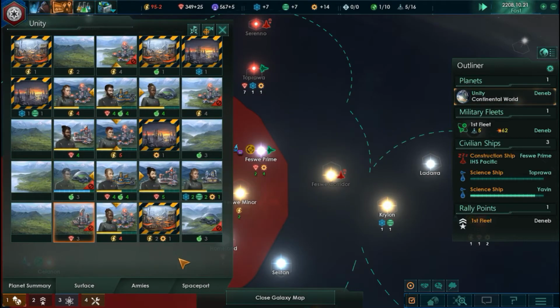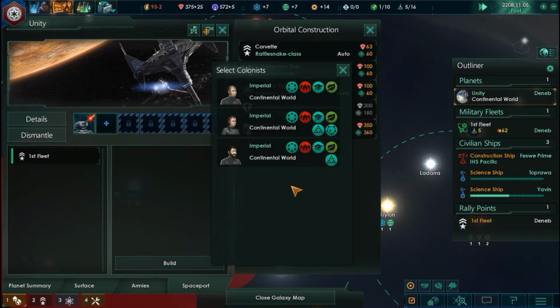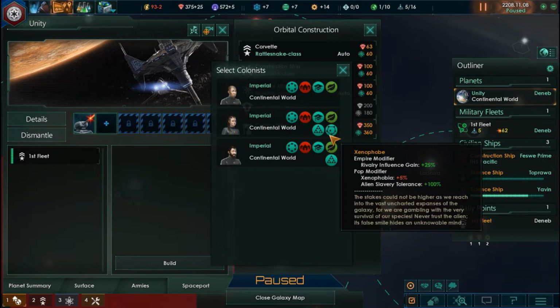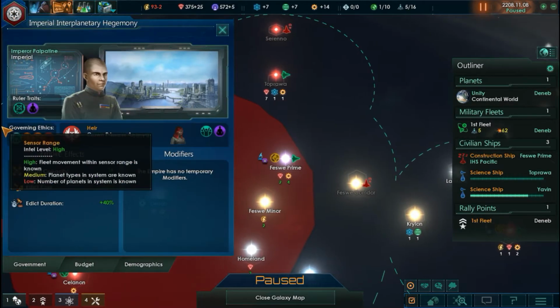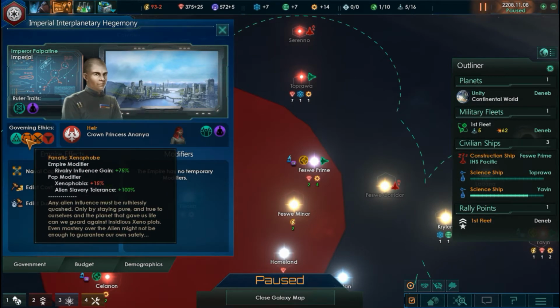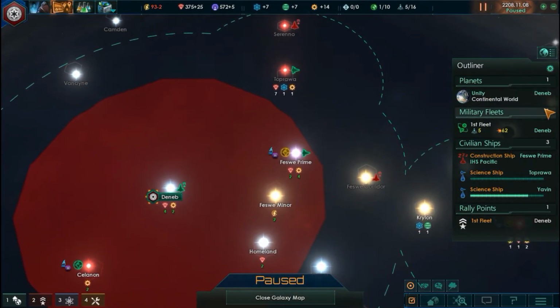Okay, so I think we're 1 mineral away from getting a colony ship. Yeah, 0.37 minerals away. But we got it now. So, ooh. Let's actually go ahead and pause this. So we have 3 different ethics traits, but none of them are of our own. I think I want to pick this one, since it doesn't seem to have anyone that's going to be pissed off at us. So what are we again? Let me just remind myself. We are authoritarian, a fanatic xenophobe, and fanatic militarist. So, with that in mind...